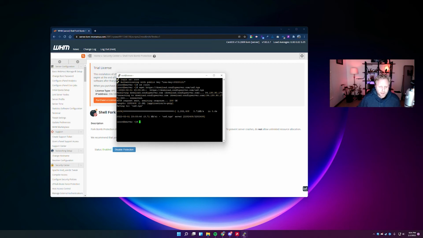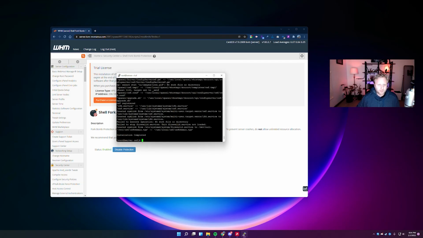So next we want to run a command that's going to decompress the download. So if we paste this in, this is going to decompress, and hit enter. And that's all set. So now we can go and check the directory. We'll do cd /csf. And now we're in the CSF directory. And then we can paste in the install command for it, which would be right here. And then hit enter. And you'll see it run through and begin installing. It says installation complete. So now that it's complete, we can go back to the web host manager and close